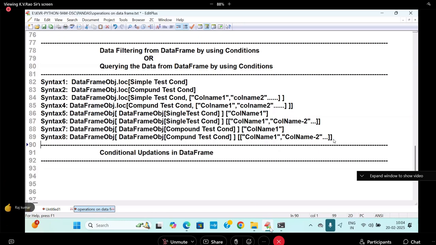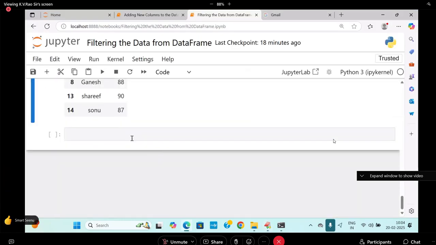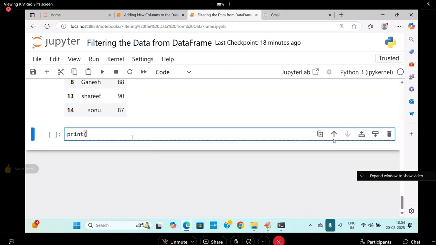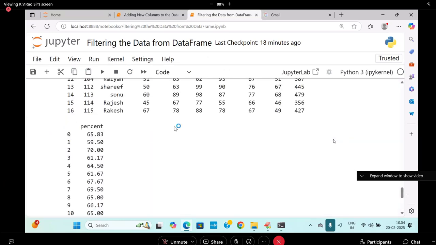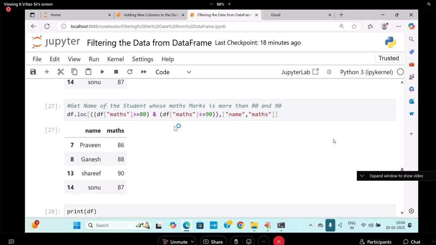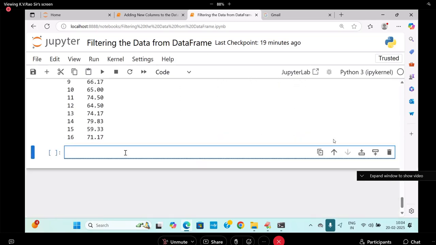Let's start. This is my DF. Now I am asking one question. Everybody needs to answer my question. Get the percentage or get the total marks. Get the names and total marks whose total marks